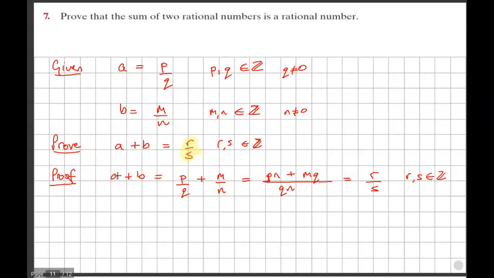Now we're not overtly stating that multiplying two integers together gives an integer, or that adding two integers gives an integer. That is assumed as understood as true. Okay. So therefore,